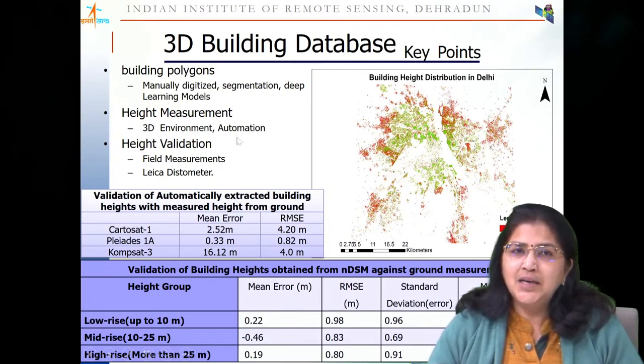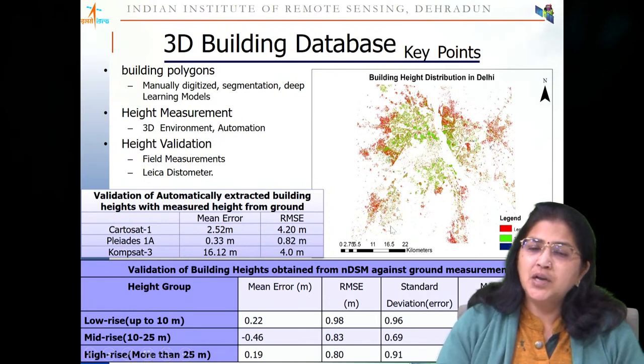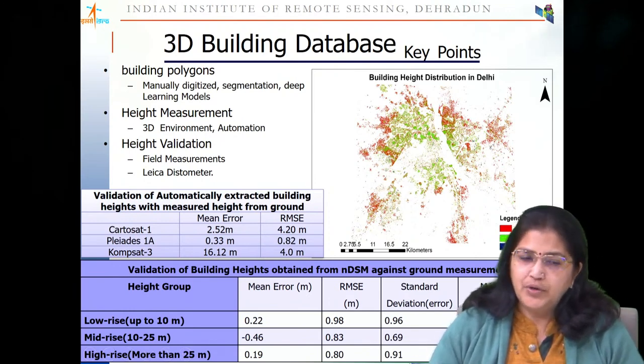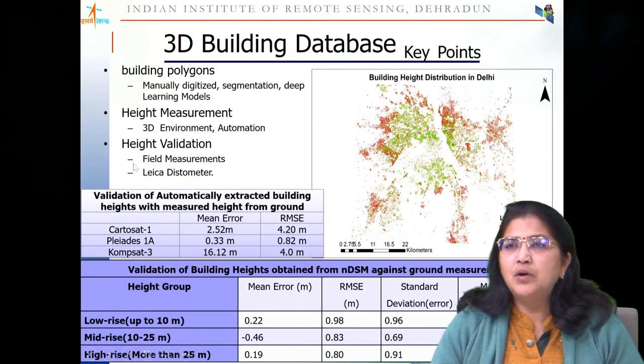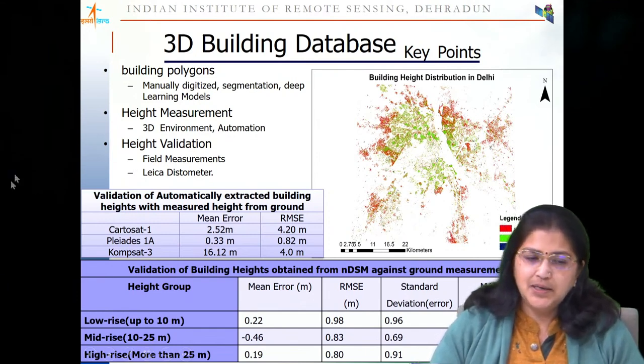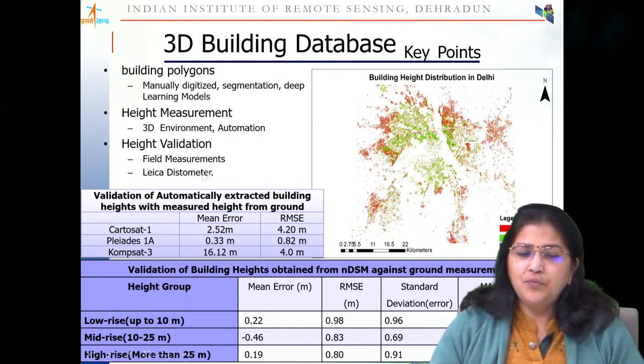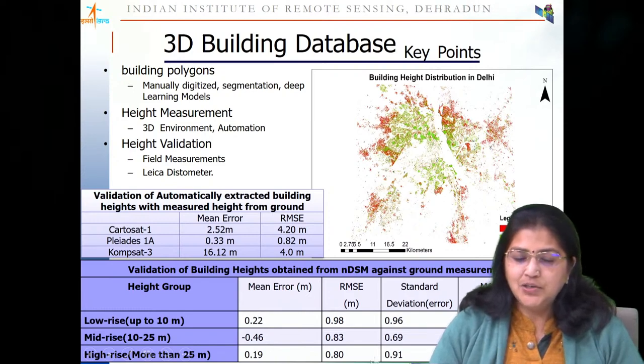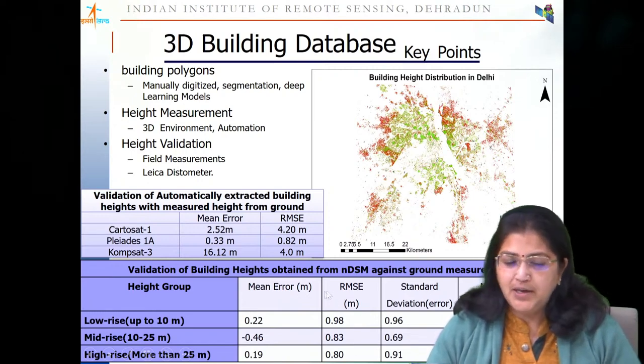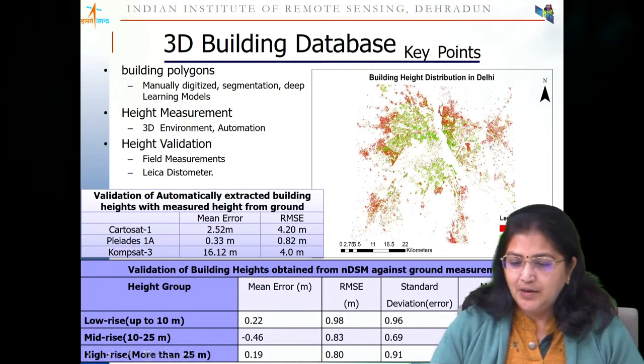Now if you look at height measurement, either you can measure it using the 3D environment, or you can automatically extract it using high resolution optical stereo, of very high resolution like sub-meter resolution, or UAV data, or you can utilize even LIDAR or InSAR or some other data sets. Now for validation of height, as I have told you earlier, field measurement and Leica distometer were utilized, and we have done the validation of height using ground control points, ground observed data, and we have found very good accuracy of